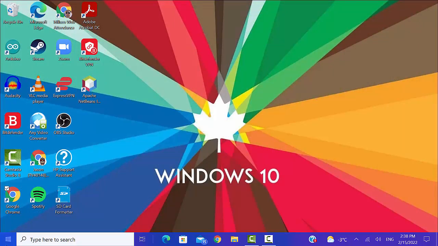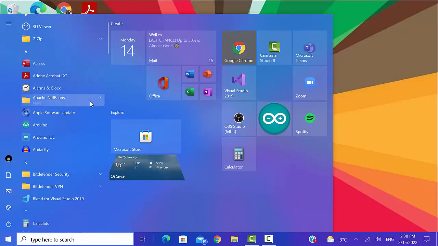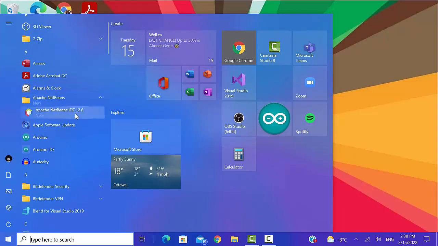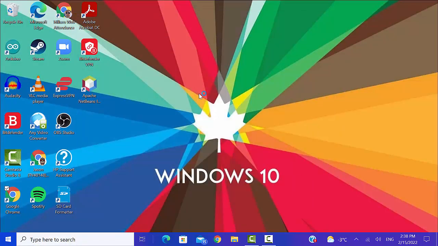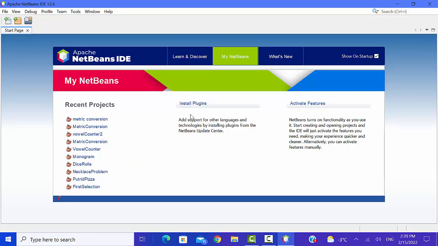You can see it here. It's also in the Start menu. There it is, and it should also be under your A's. There's Apache NetBeans. There's a folder. We drop down that folder. We have an Apache NetBeans 12.6 here. When we run it, just to make sure that everything is good to go,